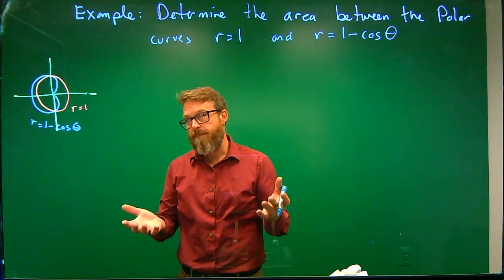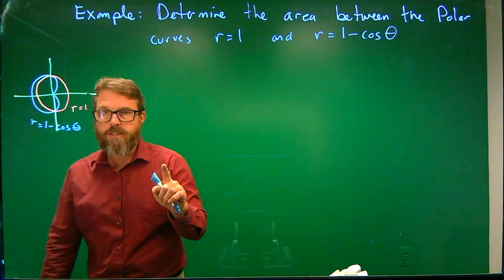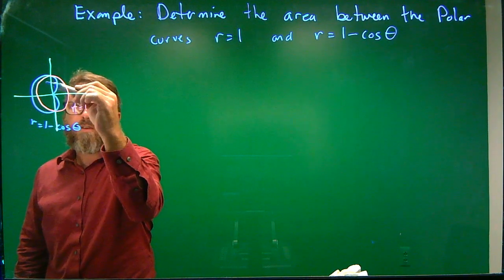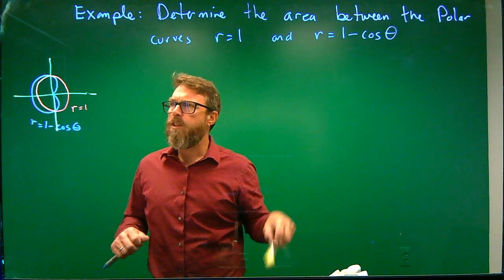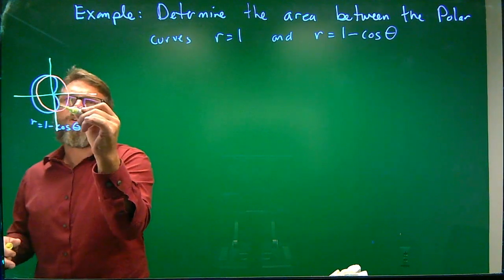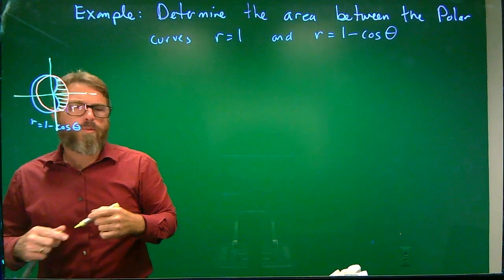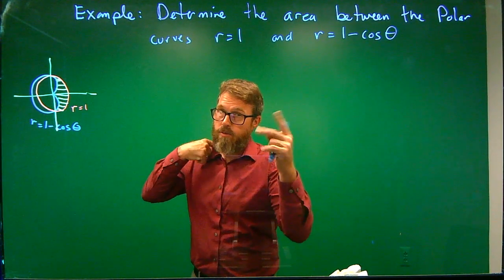and really we can determine which one's bigger radially and which one's smaller. So there's 2 different places that we could find the area. We could find the area over here between the 2 curves, or really this crescent moon shape as well. And for this one, I'm going to find the area between the curves on the right-hand side. I will discuss how to find the area on the right-hand side. All you have to do is just change the bounds,